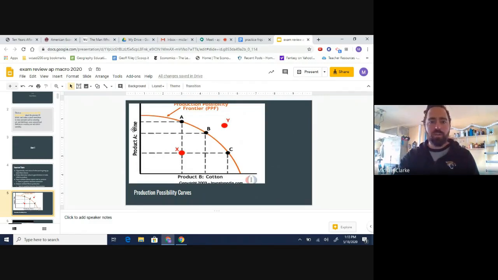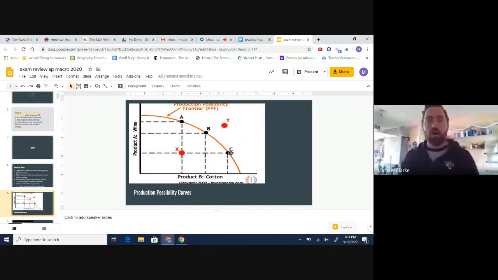If you look at it, wine is on the y-axis here. By moving from point B to point A, you're producing more wine, but what's the trade-off? What's your opportunity cost? Well, your opportunity cost is that you're producing less cotton. You're giving up cotton for more wine. If you wanted to move from point B to point C, now you're making more cotton, but you're producing less wine. So the PPF serves a couple of important purposes. It can show what an economy is capable of, and it also demonstrates trade-offs, opportunity cost, what an economy gives up when they decide to produce more of one thing. They're giving up less of the other.